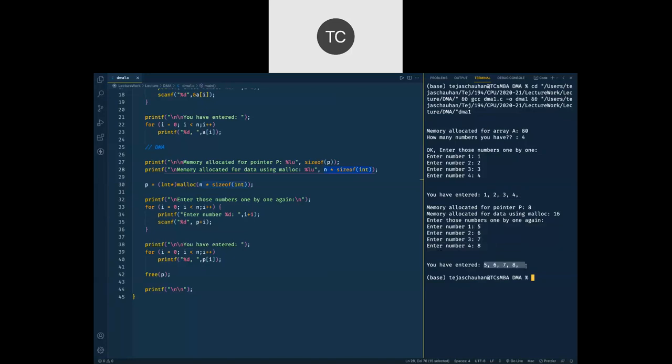I am not printing that array again. I am printing that memory location here. And still my program works just like the previous one. And this gives you clear differentiation why we should go for dynamic memory allocation in some cases.